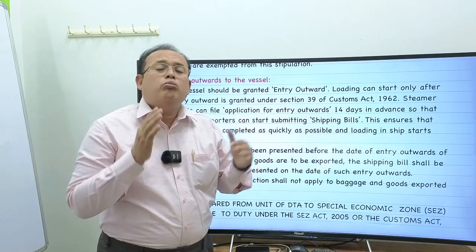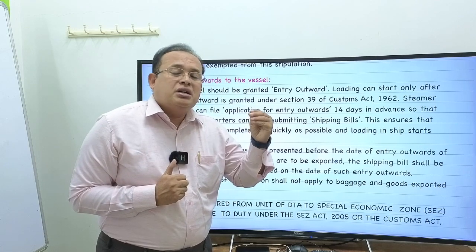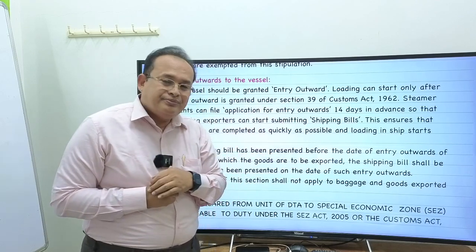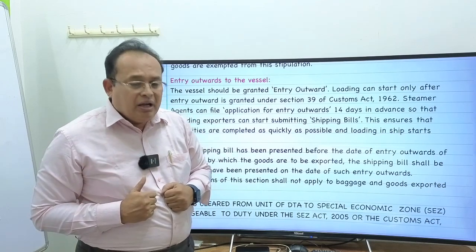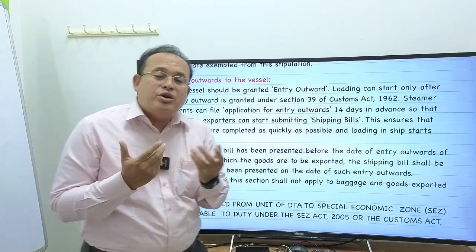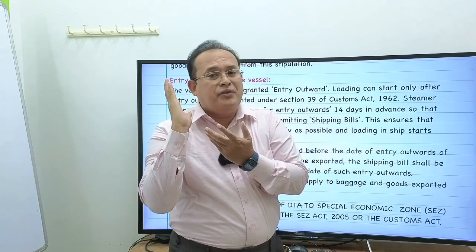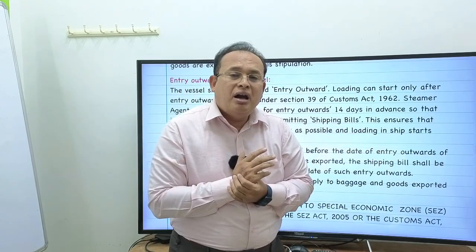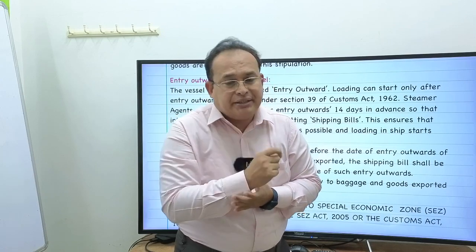intended to move from Chennai port to South Africa. I want to export the goods to South Africa. As an exporter, I do not know which vessel is going from Chennai port to the port of an African country. There is a steamer agent